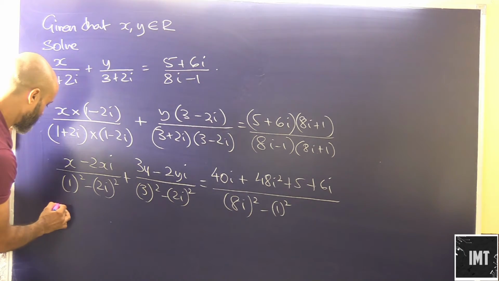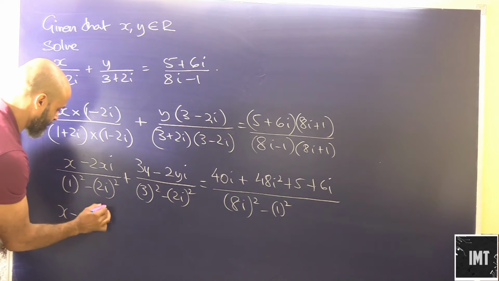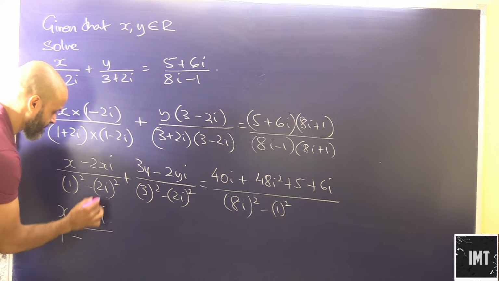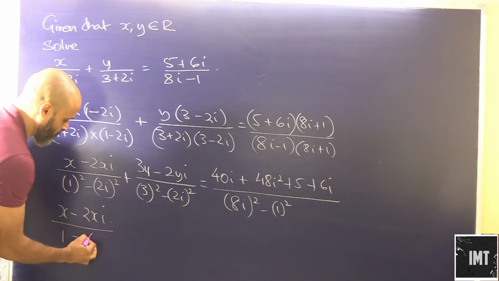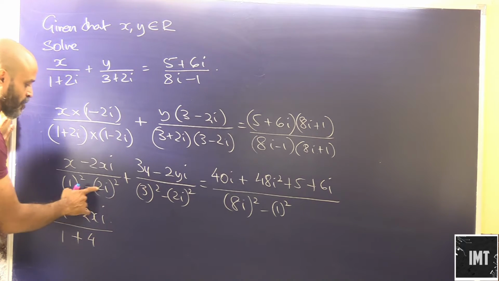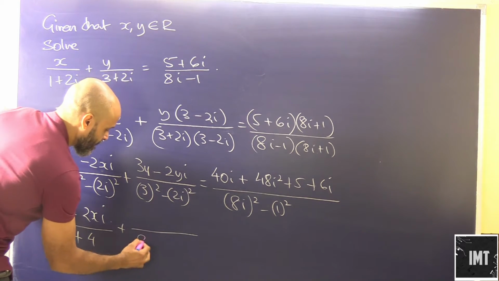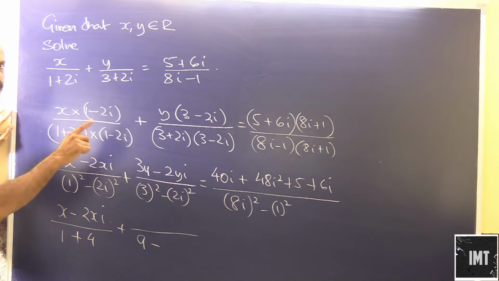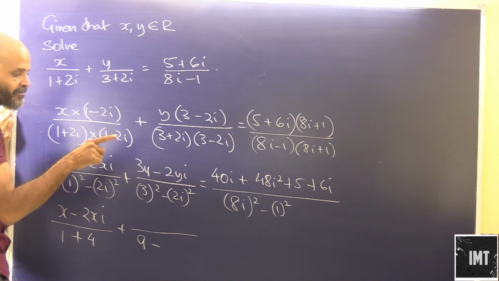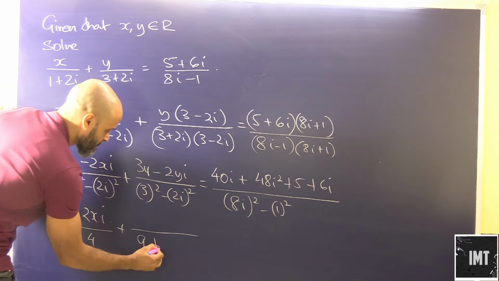So here it will be x minus 2xi upon 1 minus 2i square. So this will be 4i square. i square means minus 1. So this will be 1 plus 4. See, 1 plus 4 plus this will be 9 minus 2 2s are 4. 4 into i square, that means minus 1. So this will be plus